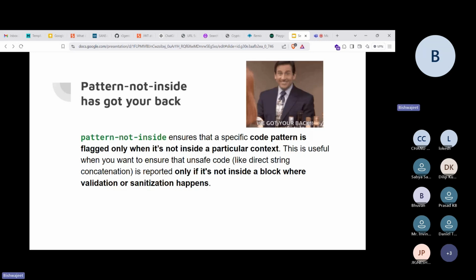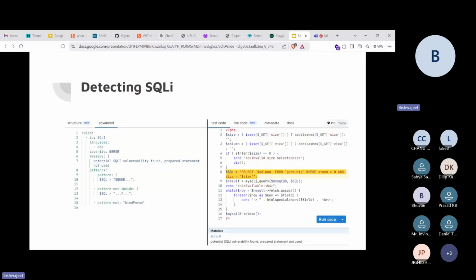So as I was telling you, unsafe code like direct string concatenation is reported only if it's not inside a block where validation or sanitization happens, like what I told you guys earlier. So how can I detect it? My approach will be to identify whether